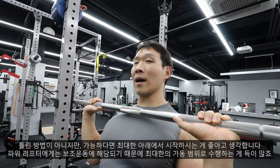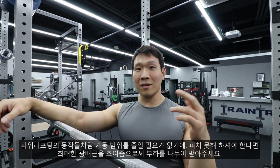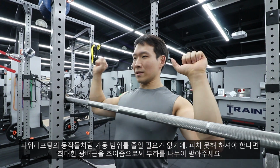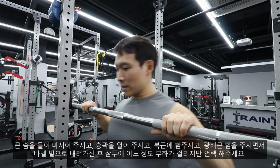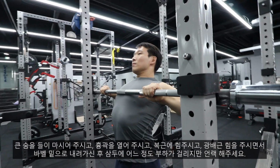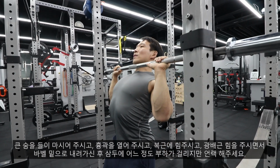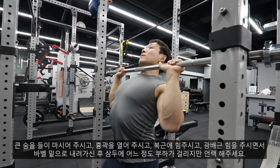So that means you want to have full range of motion if possible. So the point is, I'm not trying to cheat reps here and reduce range of motion. But if you have to do that, you can't load or pull down on your lats because obviously the bar will just be stuck there. So same idea, big brace. Open the ribs, then ribs down, pull down on your lats. But at this point, you will have to load your triceps because maybe you can't touch the bar to your chest. And then, same as before,